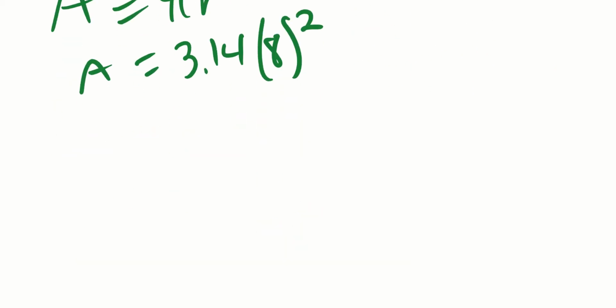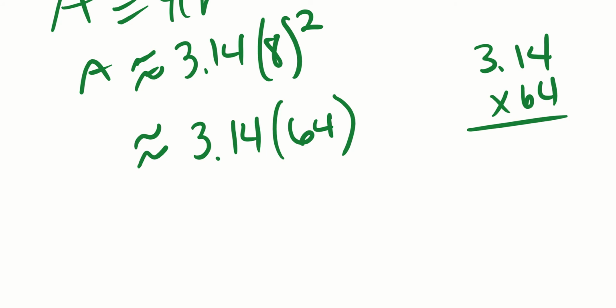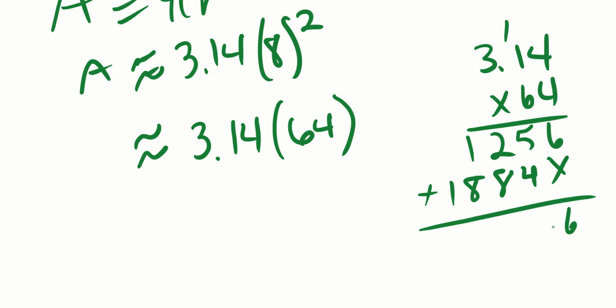According to PEMDAS, we need to do exponents first. So I'll approximate this to 3.14 times 64 and then multiply that out. So I like to put the longer number on top, not necessarily the larger, the longer, and multiply that. So 4 times 4 is 16, 5, 12, placeholder 24, 8, 18. Add those